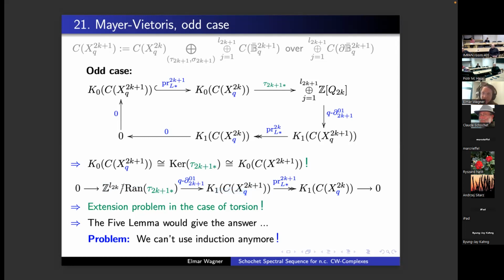And if it's Z4, the generator could go to the square of one generator. I tried this, and that's why I included Meyer-Vietoris. I wanted to use Meyer-Vietoris to say that these maps have to be in the same